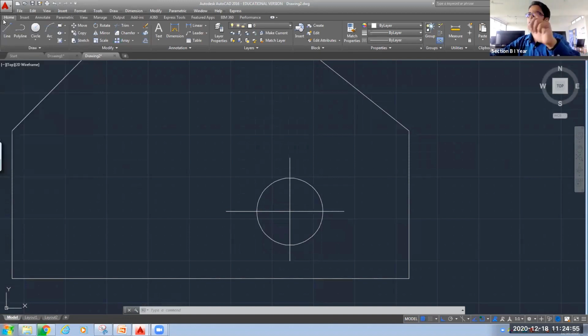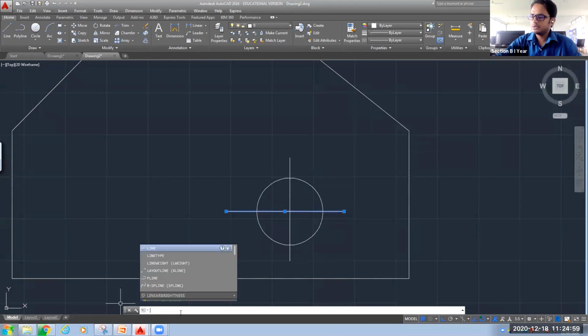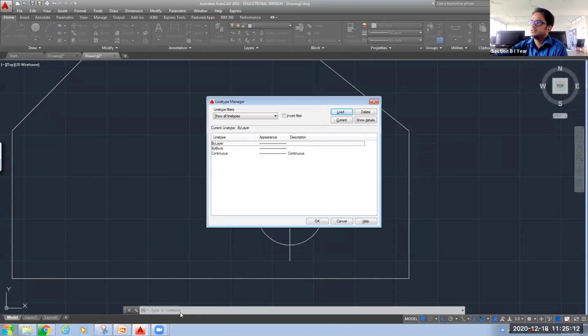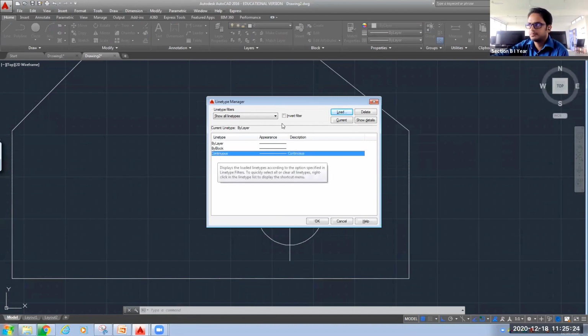So we will load that line. Okay, so for that one command is there, line type. You can see on your screen, LINETYPE is written. And then you have to press enter. Yeah, the 3 options that were available in that drop down list, you can see here, by layer, by block, and continuous.